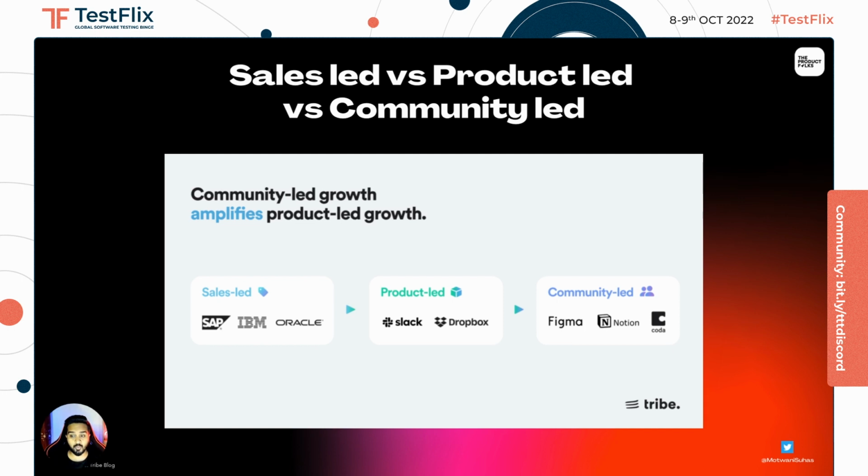Think of user-friendly UIs, think of free trials, think of helpful customer success and support teams, think of all the content that you see around you. All of these are small things that have added to this kind of a growth, right? In my previous session, I had gone deeper into how Slack does it. Not for today, but if you want to check that out, please do check it out online.